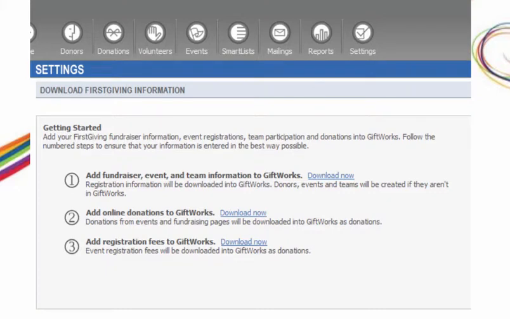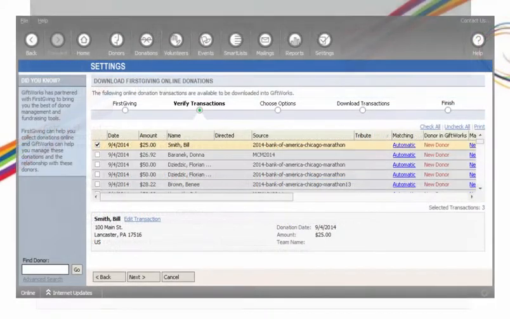Now let's continue the download process and complete steps 2 and 3. Since registration fees and donations are downloaded in the same fashion, we'll just download online donations into GiftWorks. This feature was first introduced in GiftWorks 2014, but we've enhanced it in the 2015 edition to include event and source information. This process is very similar to the first step, but the options on the screen apply specifically to